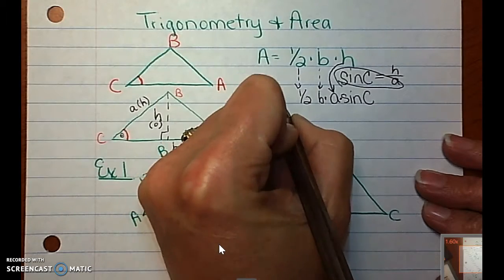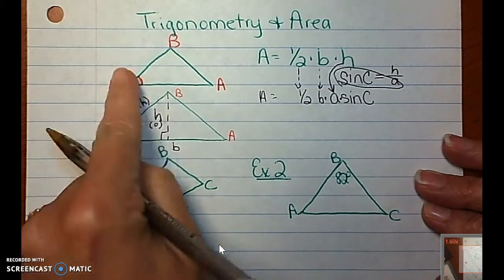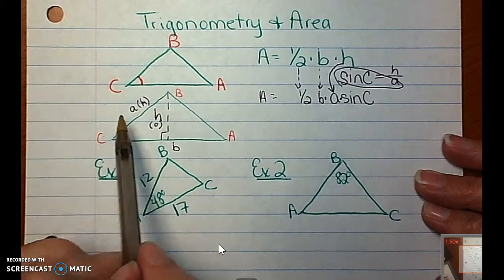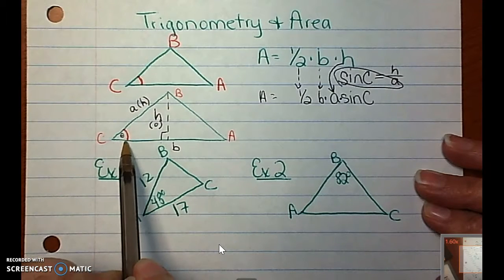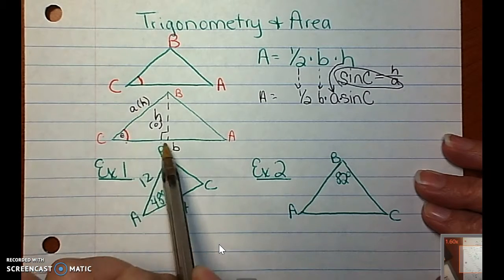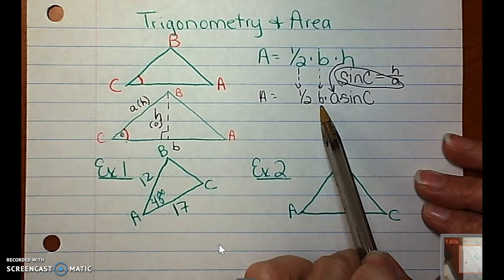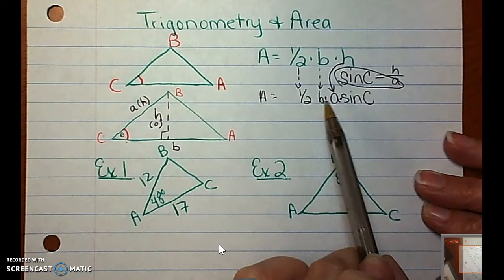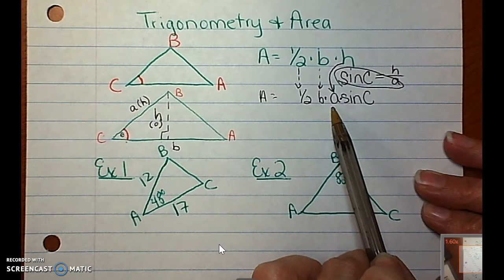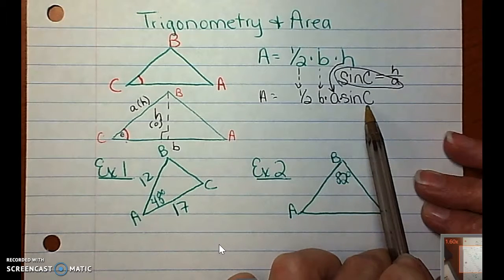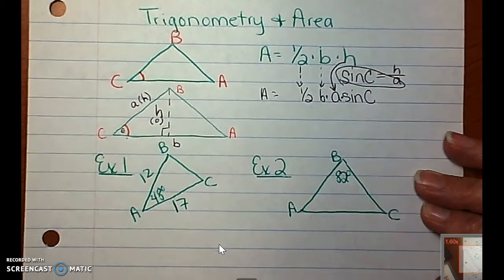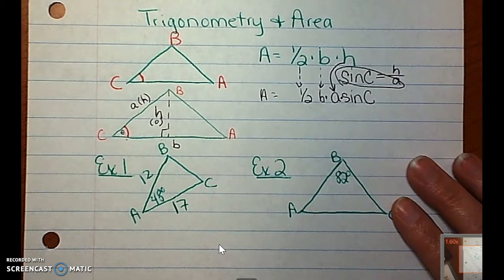So I get an area formula when I'm given just a regular triangle and I'm given two of the sides and the included angle, which means I have a side angle side. I have the area is equal to 1/2, and this is a side length, B, times side length, A, times the sine of C. Okay, so when I look at example 1,